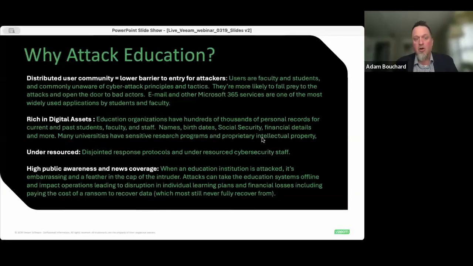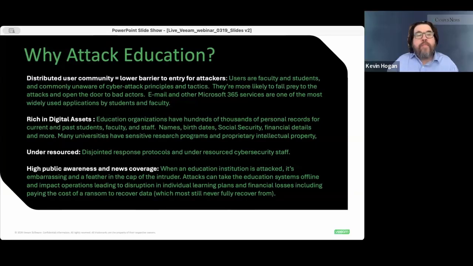So if you're an attacker and you find some of those under-resourced institutions, I'm going to really make sure to look at that from a cybersecurity staff perspective and really see where we're at, right? And of course, those institutions, you talk about research institutions that are rich in digital assets, right? And again, you can see here some of the main reasons why education is the number one attack vector right now.